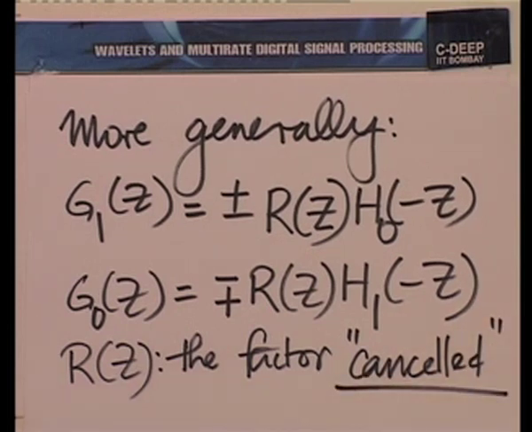When you divide G0(z) by G1(z), some factor has been cancelled and what is left is H0 and H1. That is the way you should look at it. That is the more general situation. Anyway,